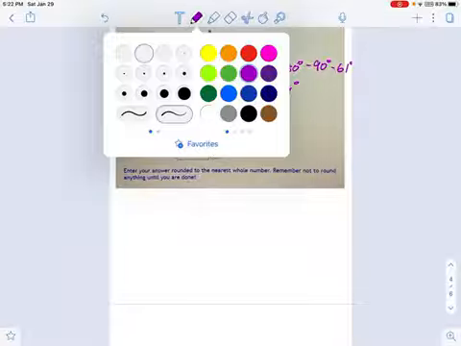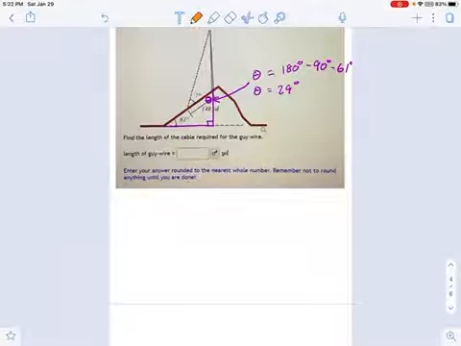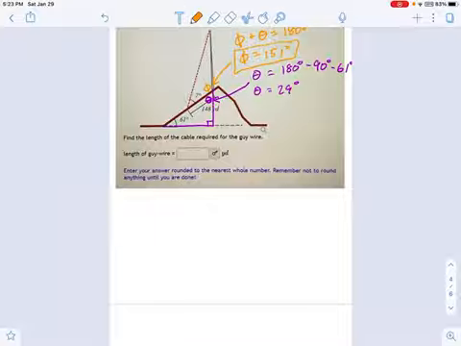Great. Now take another look at this. If I label this thing right here phi, how do we find phi? Well, it's supplementary to theta. Okay, it's on the other side, and the two of them added together have to be equal to 180, right? Because it's a straight line. So what do we get? We do phi equals 180 minus theta. So 180 minus 29 degrees equals 151 degrees. Okay, so that's really important because now we know two angles and one side inside this triangle.